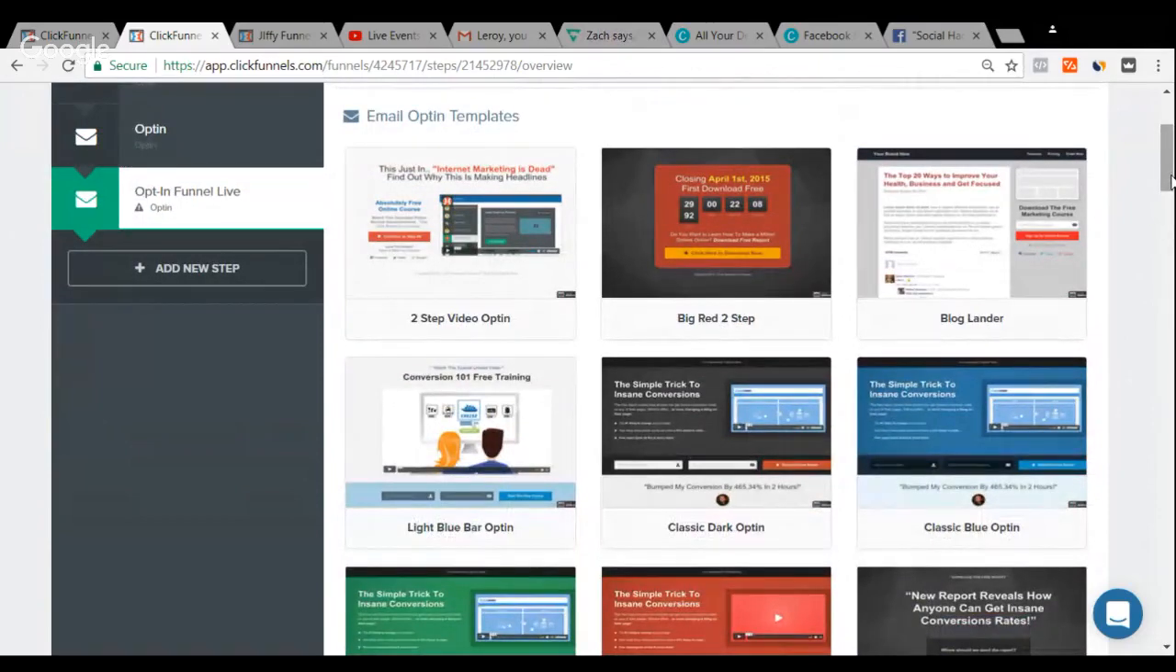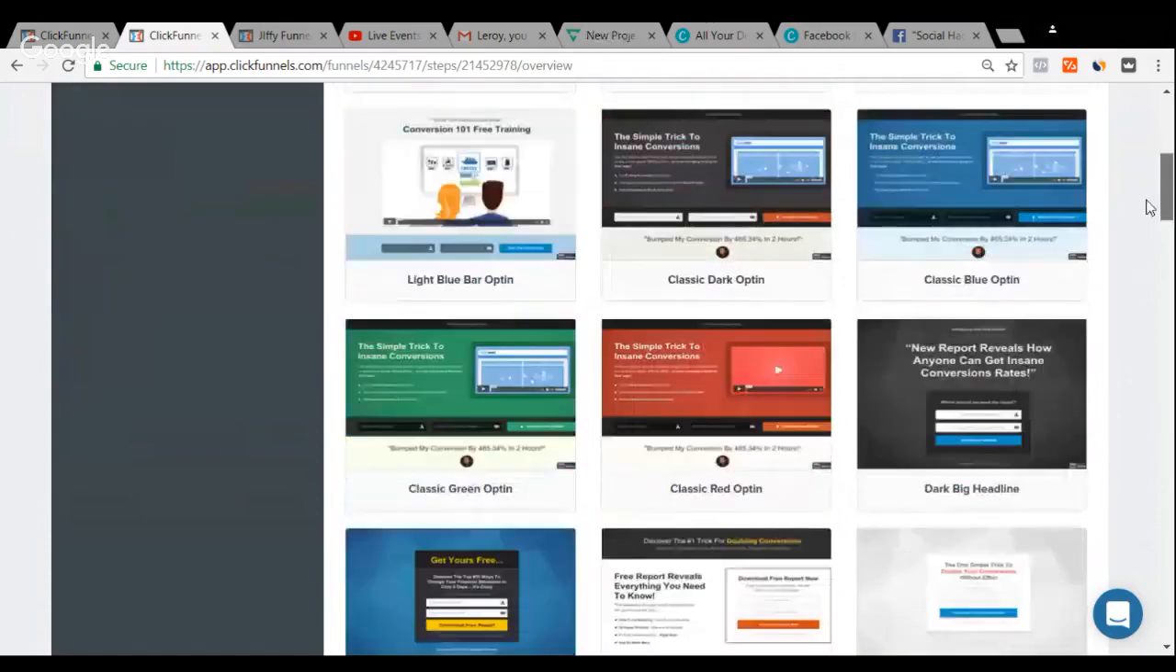In the beginning, we like to sketch out our funnel. I won't go over that process now, but I'm going to make this as fast as we can, so you guys can see how that's done. What I'm going to create is an opt-in funnel live. So I'm going to create a page,